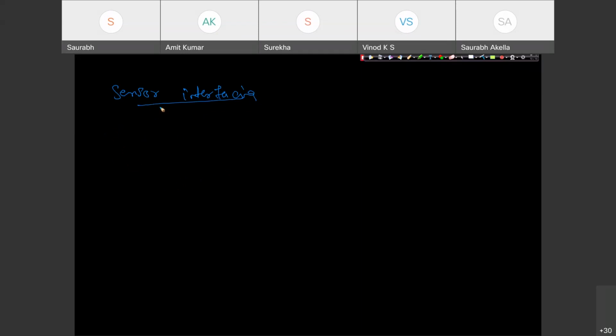This writing pad is creating an issue on WebEx, so let's try other ways. Suppose my sensor is analog in nature. What would be the simplest way of connecting that analog sensor with Raspberry Pi?